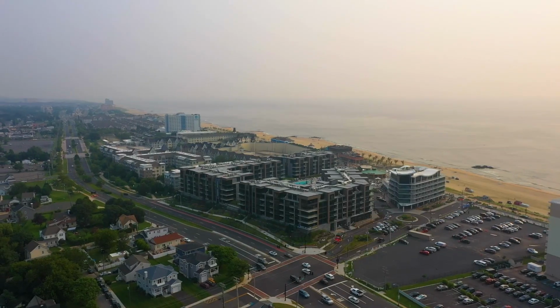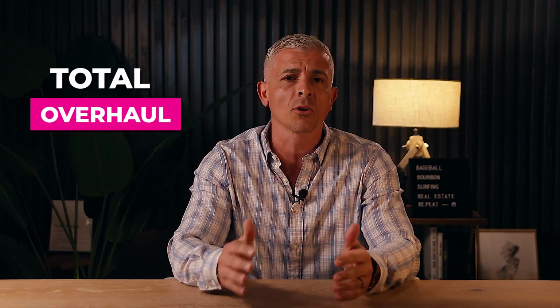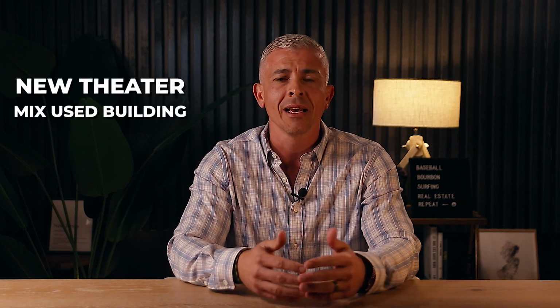Long Branch is a small city along the Atlantic coast in Monmouth County. It was an industrial town in the mid-1900s that, like a lot of towns, lost its luster after America stopped producing stuff and became a service economy. But it's undergoing a complete renaissance and has a lot more good to come with a total overhaul of the Broadway section to include new theaters, mixed-use buildings, and if they ever really do it, a high-speed ferry direct to